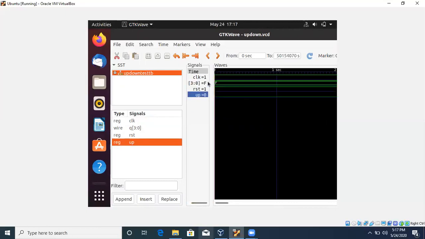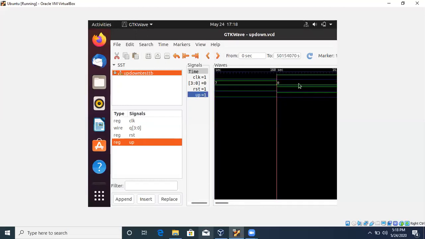So initially clock is 1, reset is 1, and up is 0. When up is 0, that means it is down counting. So initial output is F, and then it will count from F towards the 0.